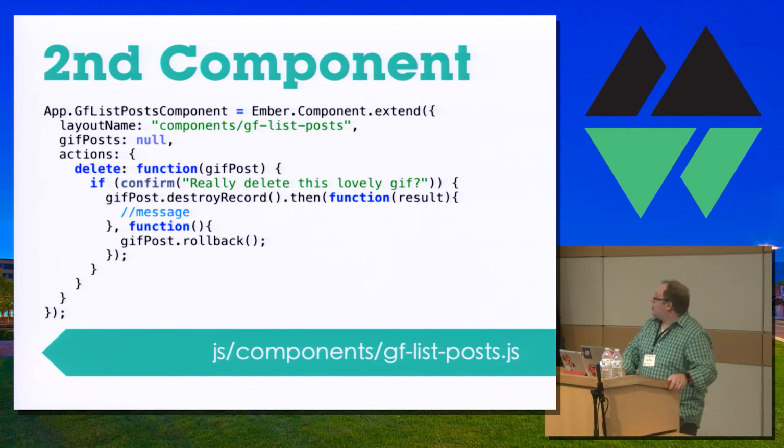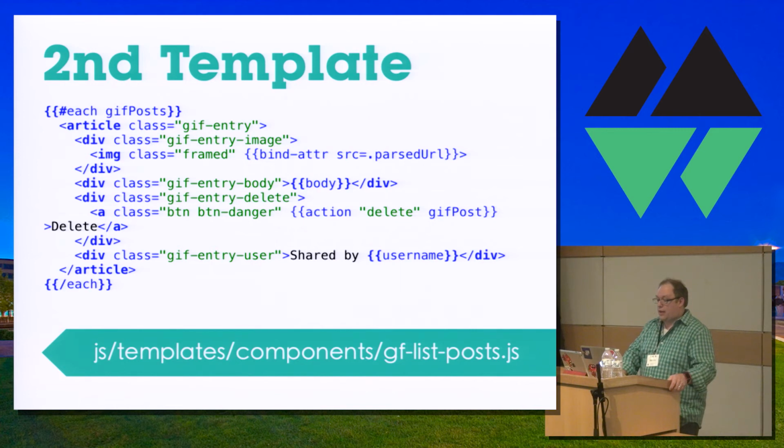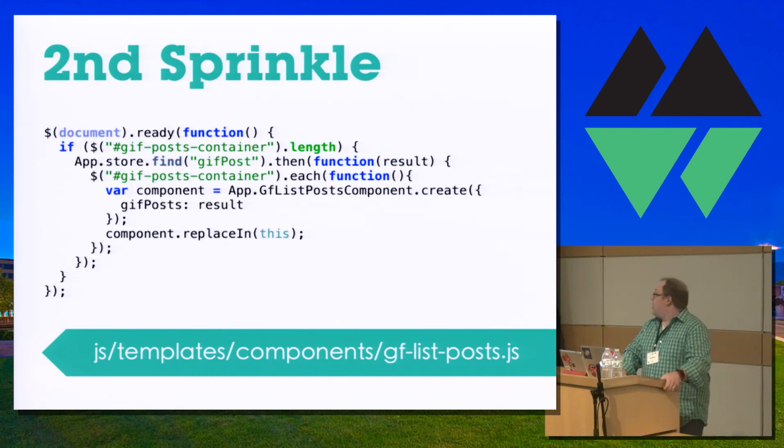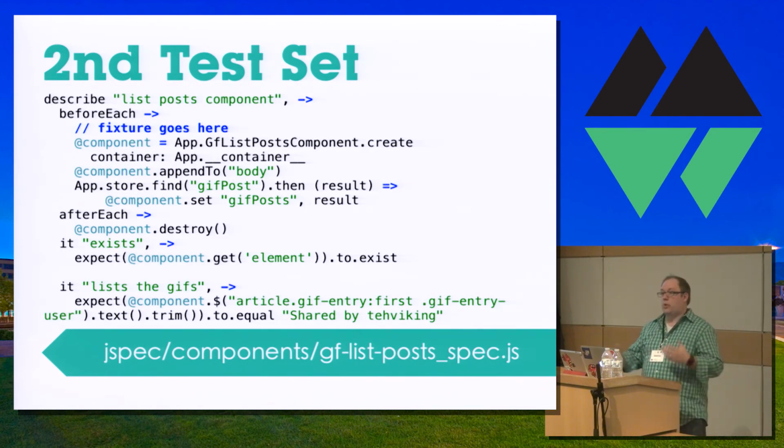And it references a list of posts, and that's it. And then in that second template, we just list those out. Pete had a pretty solid example of what Ember Handlebars templates look like. They look like this. It replaces the old server-side markup in this case. And then we sprinkle it in, just like the first one, just in a different spot on that same page. And then we have a second set of tests that pretty much follow the first.